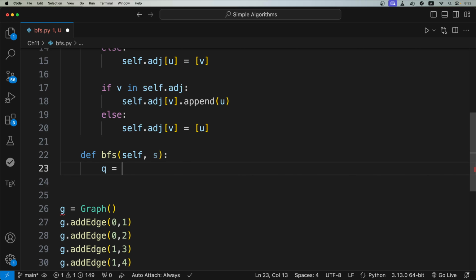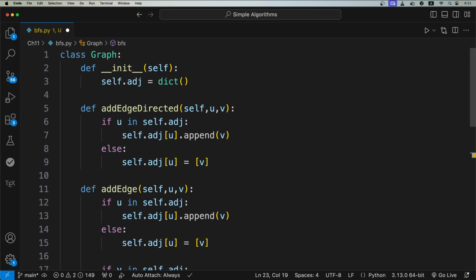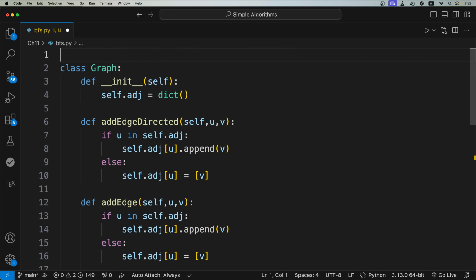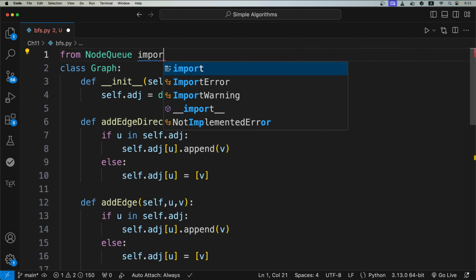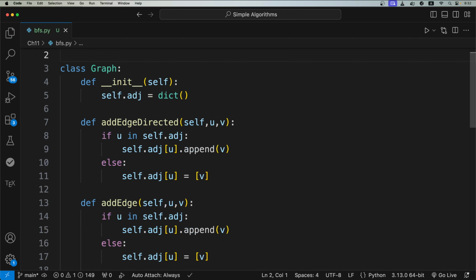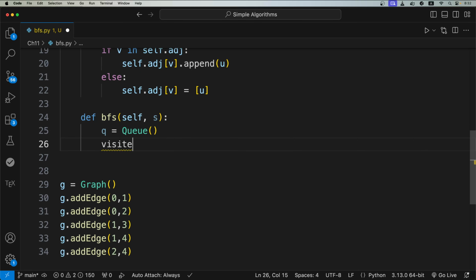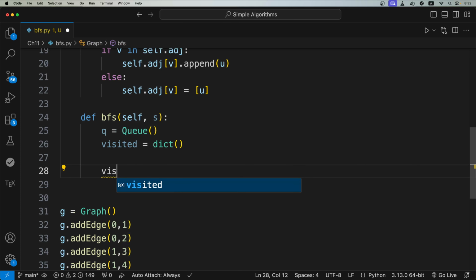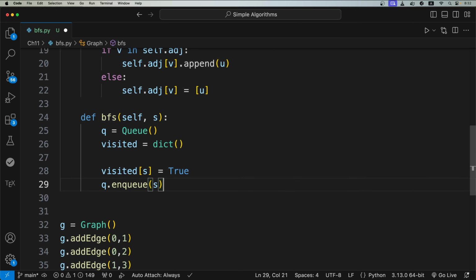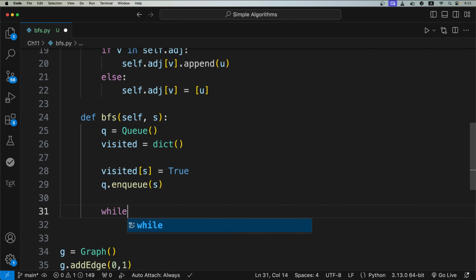And what we're going to use for this is a queue, the same queue that we used for our tree, which is our node queue. So I'll say from node queue import queue. Then generally all we're going to do is keep track of the different nodes that we visited, which I'm going to place inside of a dictionary. I start by saying that we have visited the source node, and then I enqueue that node. Then I say while queue.size is greater than 0, so while there's still something on the queue,